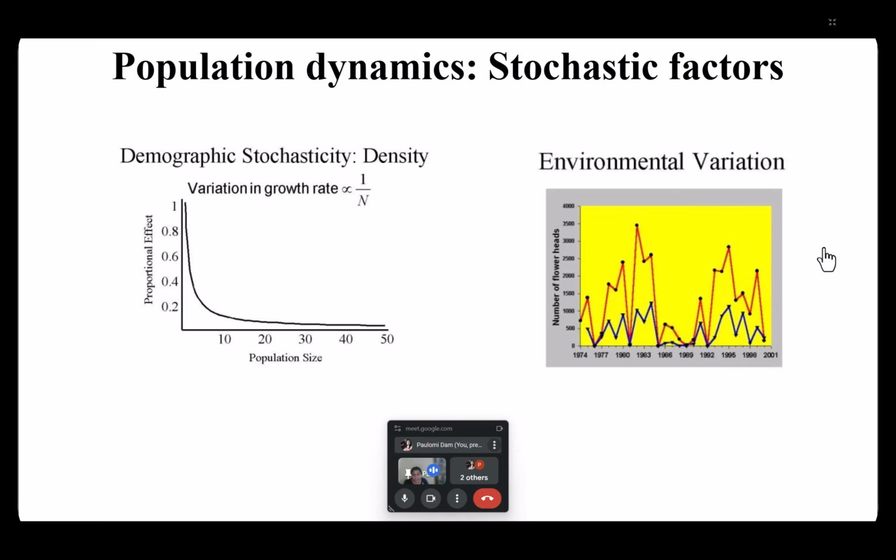You can also have litter size variation. Now let's consider a large population size. There are 1,000 individuals, and 50 of them reproduced. Out of the 50, let's say 30 of them had a litter size of 7 to 8, so a good clutch. But a few of them had a clutch of 2 or 3, or 8 but 5 of them died, leaving 3. It doesn't matter in a large population size because you still have other individuals who have given birth to a good litter size.